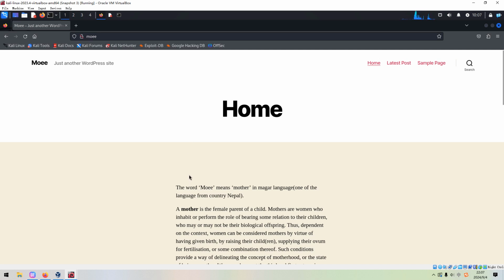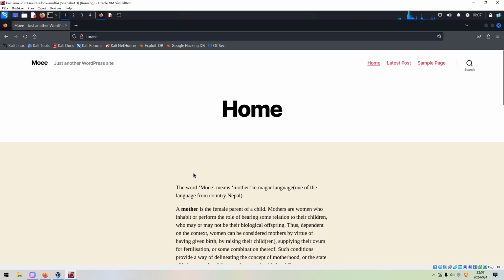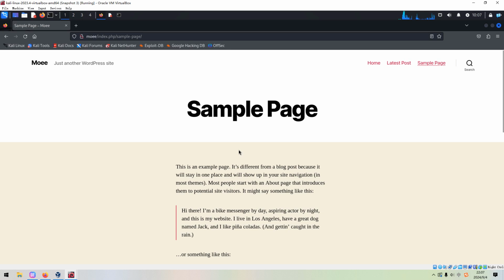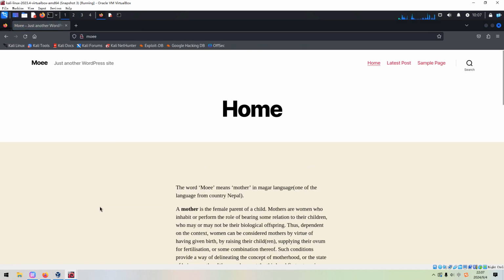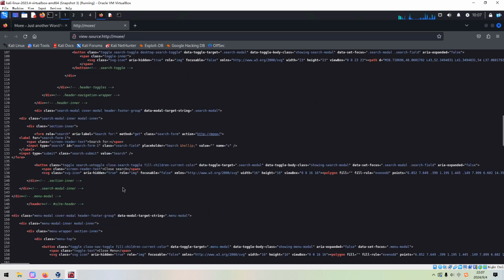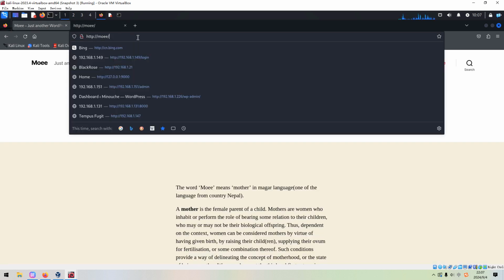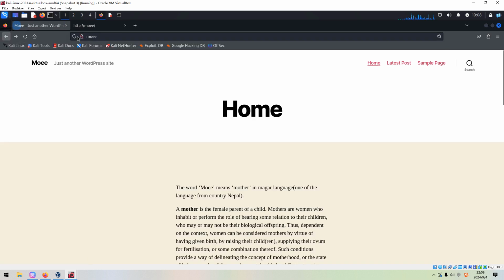The target is running the CMS WordPress. Okay, and we can scroll down. Hello post, sample page, and we can go back to the home to check its source code to make sure we do not miss anything important. And also we can check whether the robots file is available on the target. Not found.